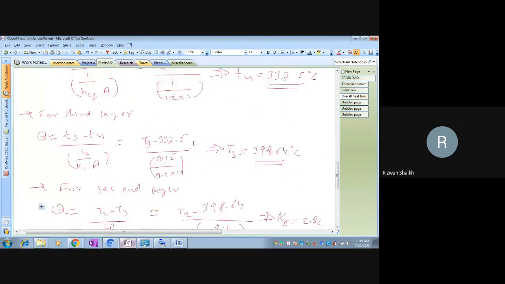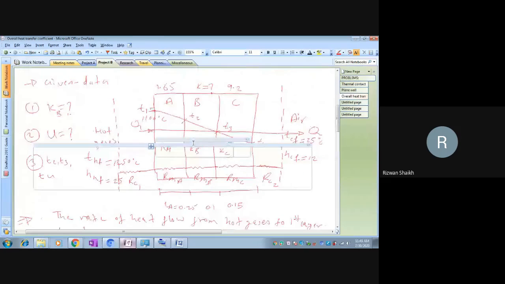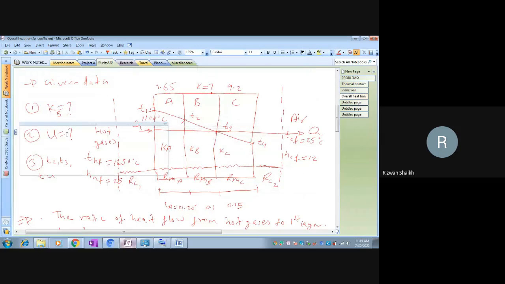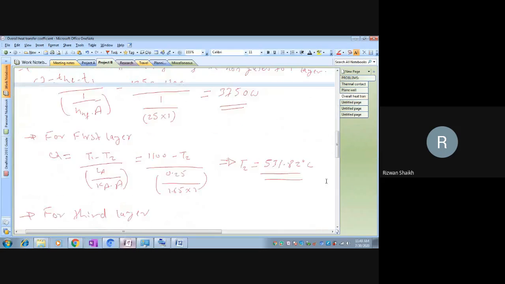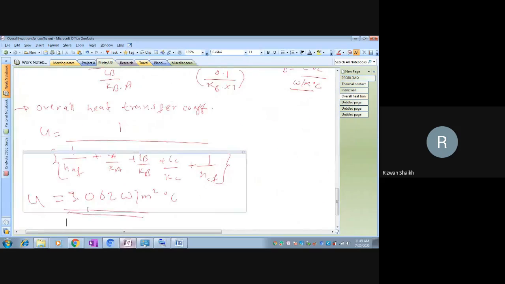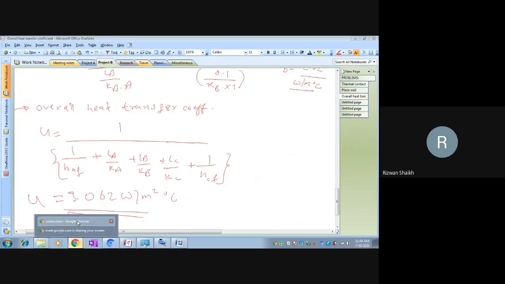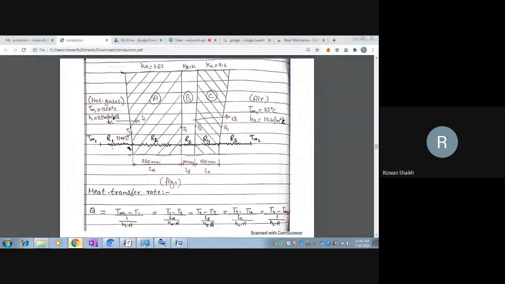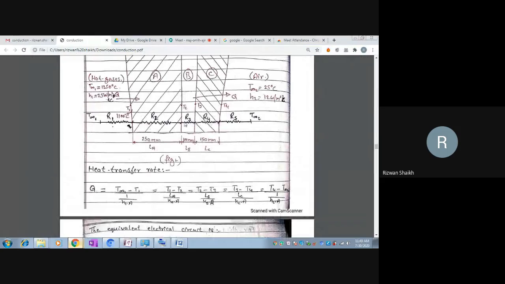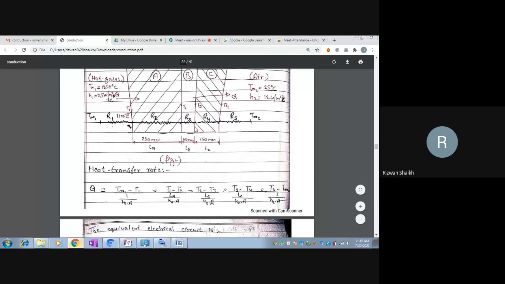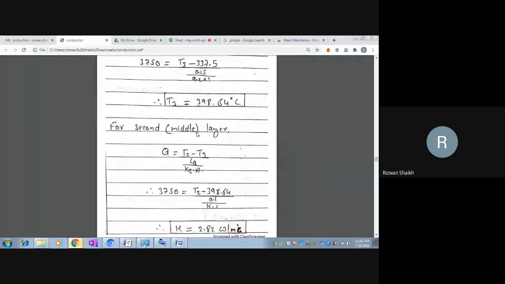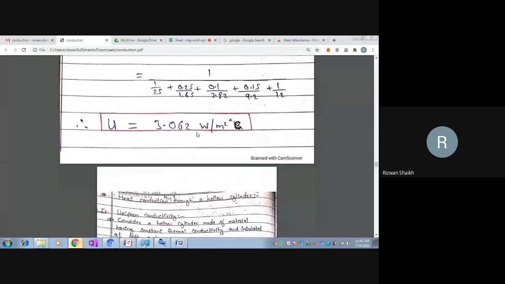The entire problem has been solved in front of you. We had considered the problem, written the given data, and calculated KB, U and T2, T3, T4. All the surface temperatures have been calculated from this. The same part has been written here. I had drawn the diagram: three resistances for 3 layers, 2 resistances for 2 convections, R1 and R5. Only the change of notation is there. You can refer to the notation of your own once you understand, apply it and get all the values. Last is the K and the overall heat transfer coefficient.